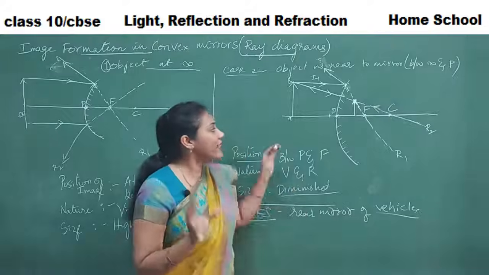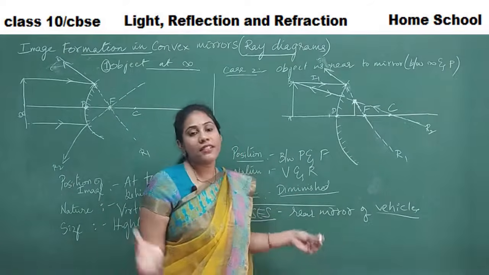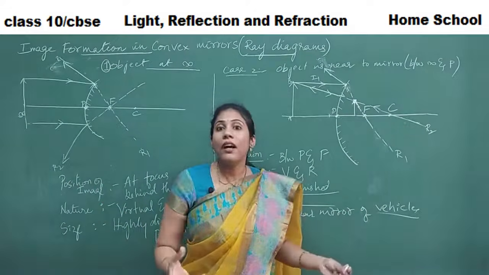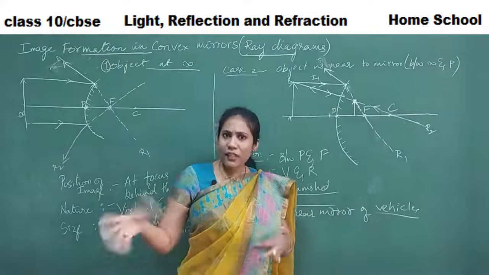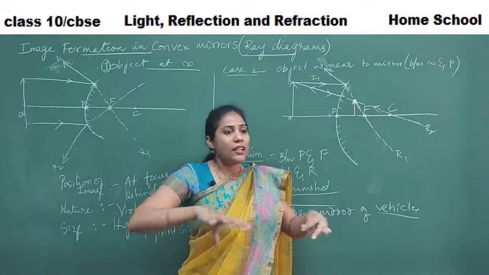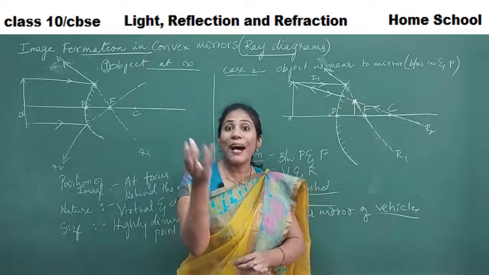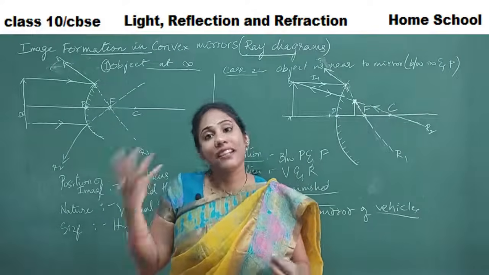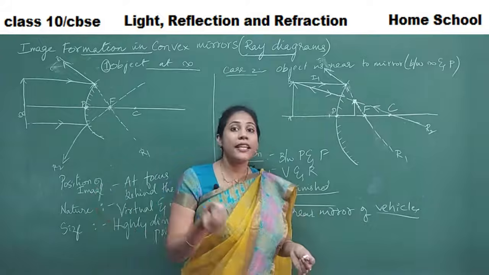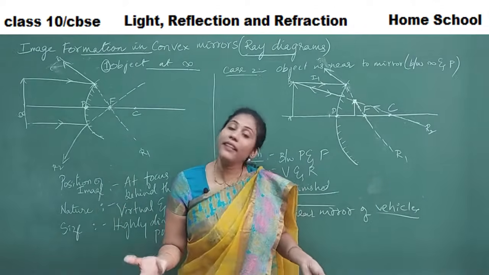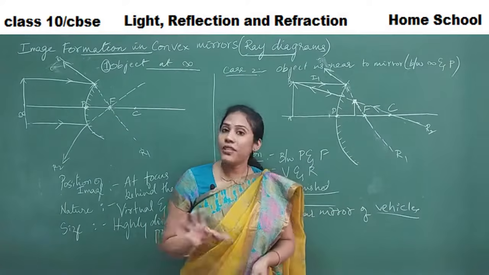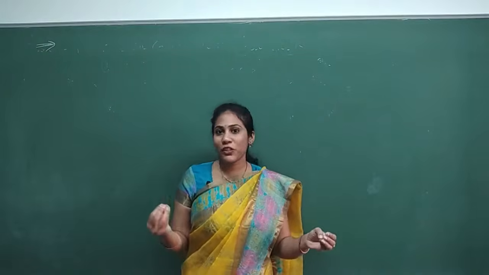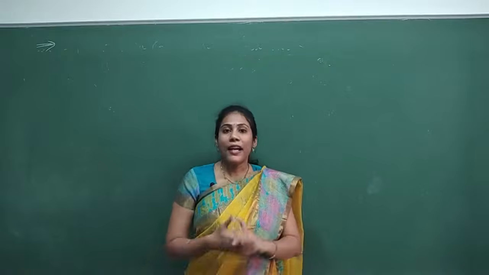See, that's the reason convex mirrors are always used in the vehicles as rear mirrors, that is the side mirrors. Clear everybody? This is one important application of convex mirror. So why convex mirrors are only used is because the bigger objects appear smaller in the mirror. Okay, and whole lot of a region behind us can be covered, where that is not possible in case of concave mirror and a plane mirror, right? So that's the reason convex mirrors are used in the vehicles. So this is the main use. See, that's all about the image formation by concave mirror and convex mirror and their applications.